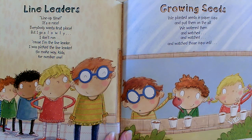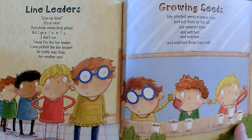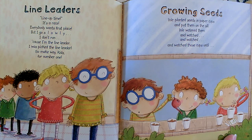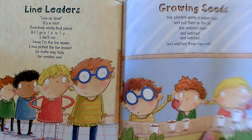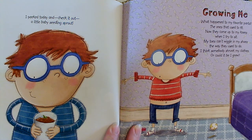Growing seeds. We planted seeds in paper cups and put them on the sill. This is a sill. It's a windowsill. Okay. We planted seeds in paper cups and put them on the sill. We watered them and watched and watched and watched those cups until I peeked today and check it out, a